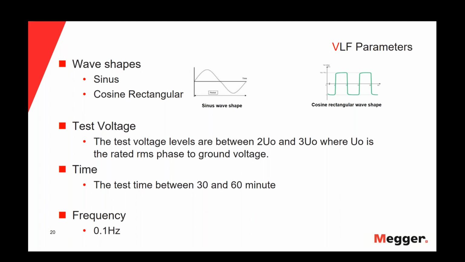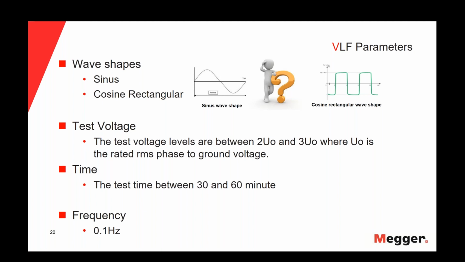Regarding the voltage, the test voltage levels are between 2 times U0 and 3 times U0, where U0 is the rated RMS phase-to-ground voltage. And the test time is between 30 and 60 minutes, and as I said, the frequency must be 0.1 hertz. Regarding the pros and cons of the